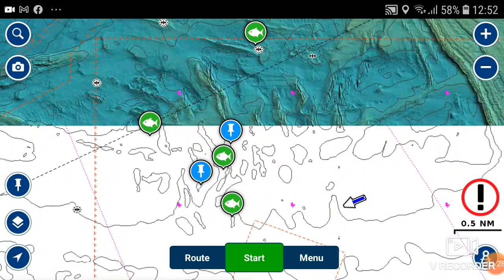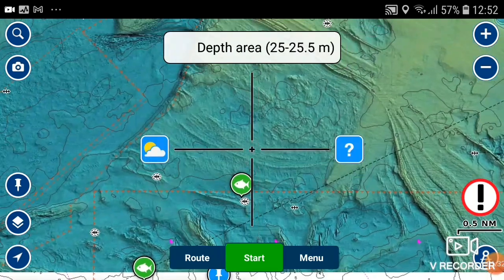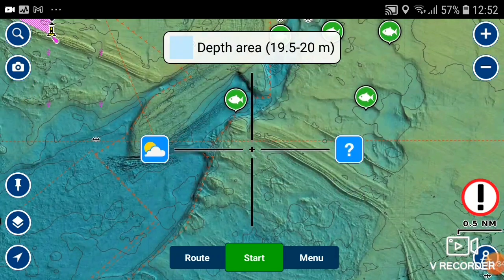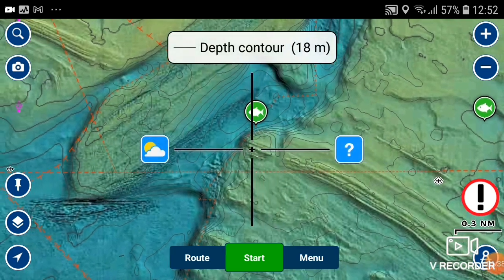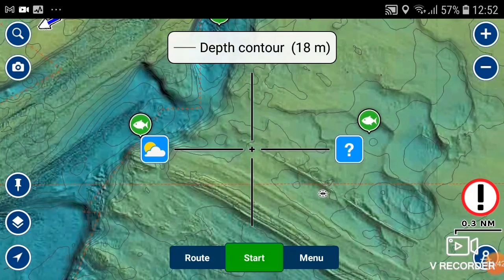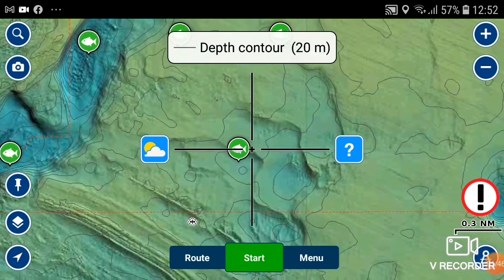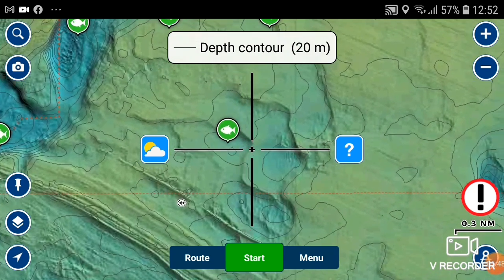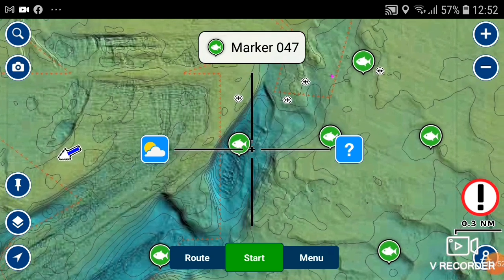Some lovely gullies through there. Alright, let's move. Let's just zoom in on some of these markers over here. Same again. You can see it's just much easier viewing, so you can see the gullies and the pinnacles, ridges